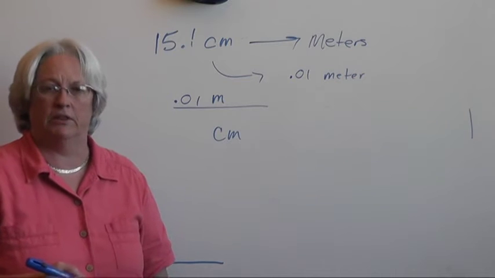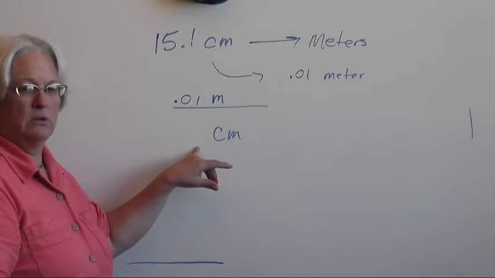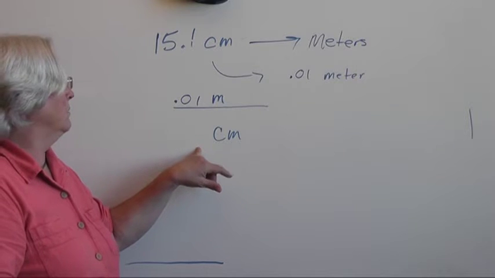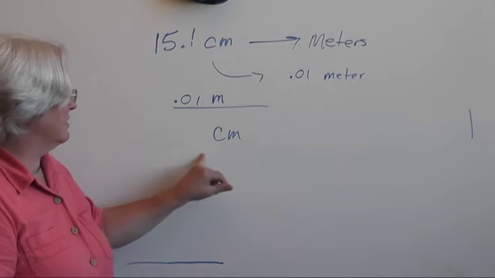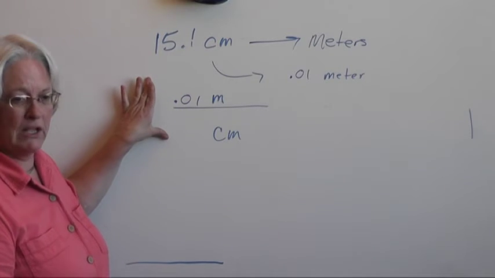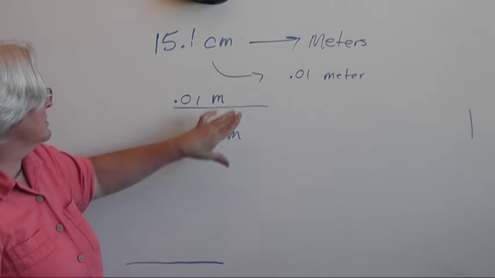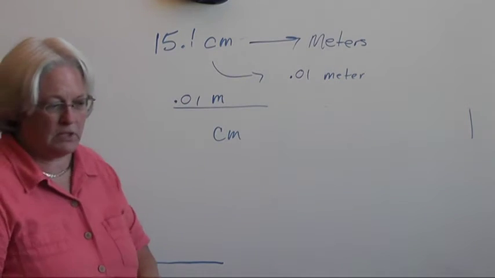One 1/100th of a meter is equal to 1 centimeter, because it takes 100 centimeters to equal a meter. So this is the existing relationship that we have between centimeters and meters. Now,